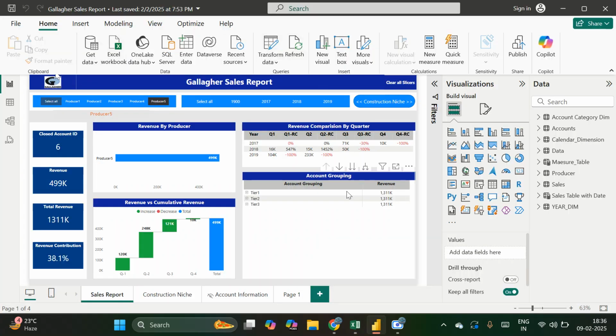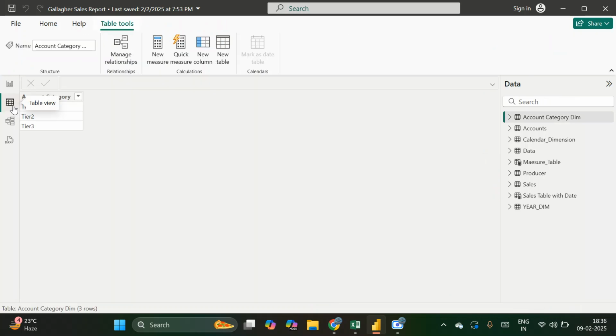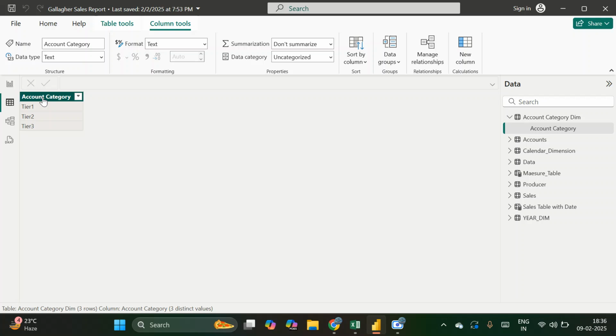So suppose in the Gallagher report, we see that we have some account categories, right? So we have accounts as a tier 1 account, tier 2 account, and tier 3 account. So what are basically these? Basically these are the clients, and we have grouped clients based on their revenue, like how much revenue